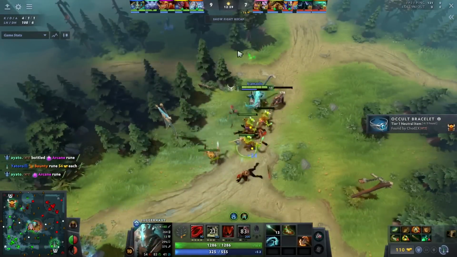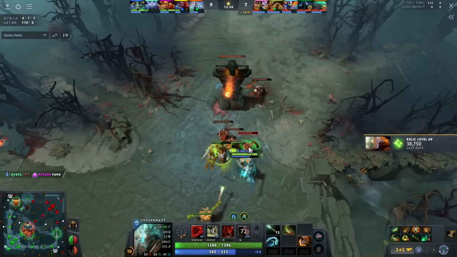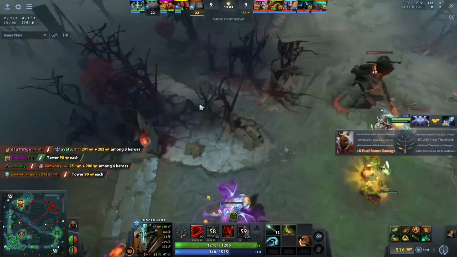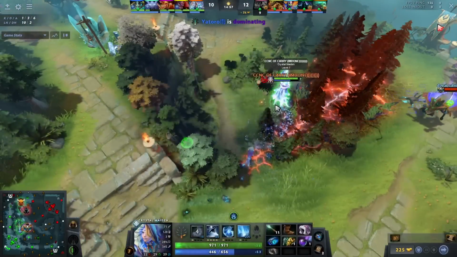So it's an interesting approach to this patch: you can play the greedy heroes, even though it seemingly, with all the camps, doesn't favor them as much. You can play the greedy heroes and still continue to win these early game fights for your team, and that's what Yotaro does. What I really like about Yotaro's gameplay is his understanding of how to use Spin and Omnislash